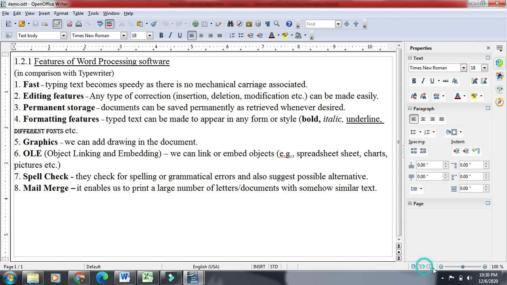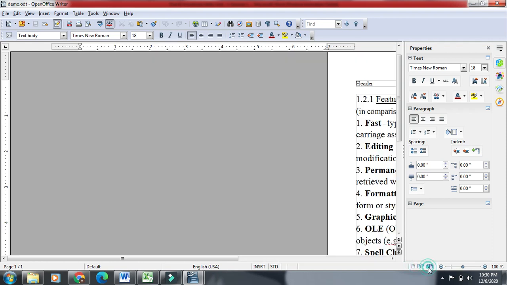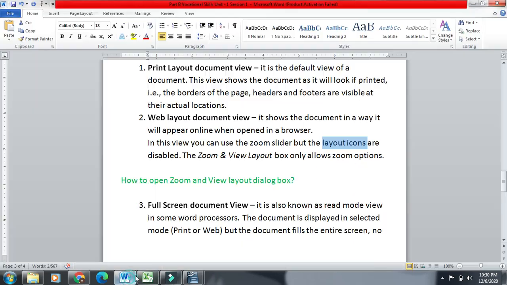These icons are not disabled when you view it in the print layout option. Here these options are available, but in that view these options are not available. The zoom view layout box in web layout view only allows the zoom option. It does not allow us to go for the layout icons.